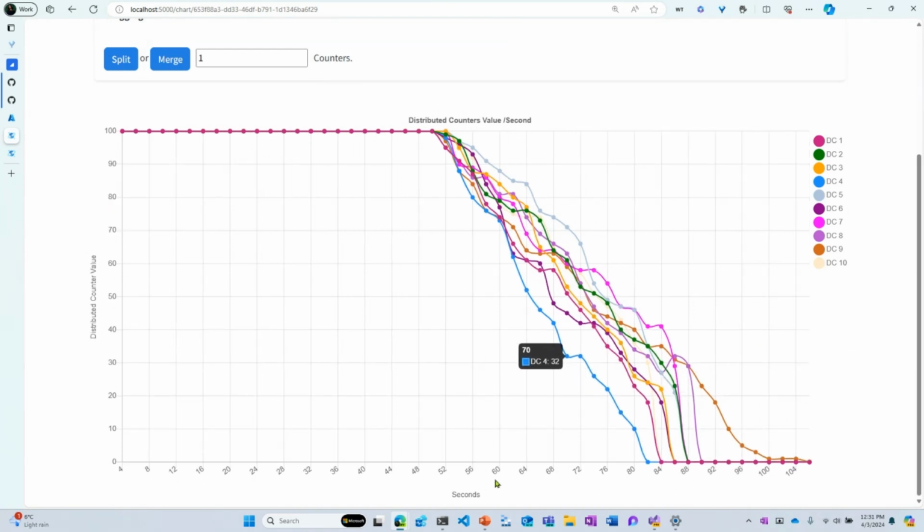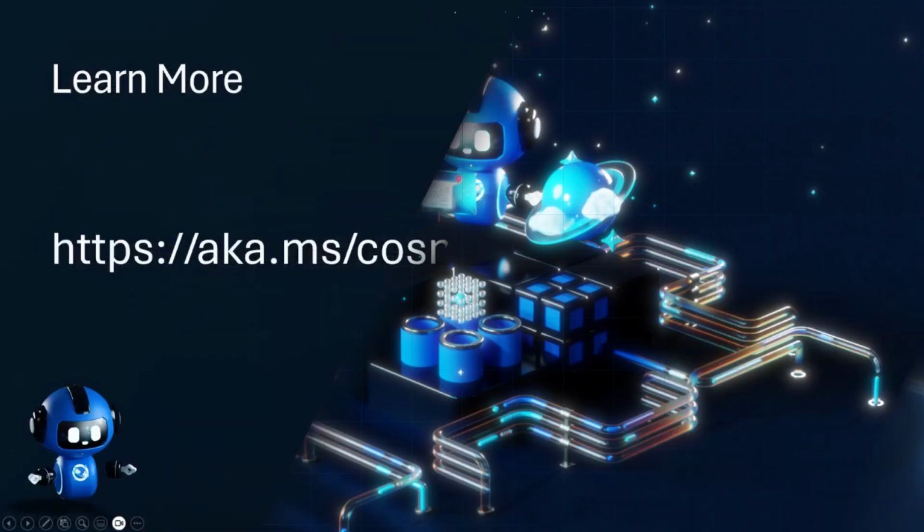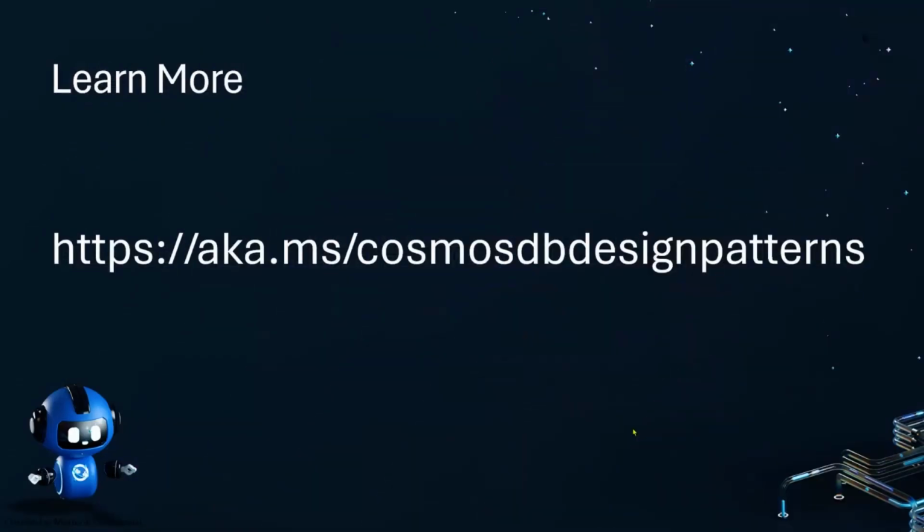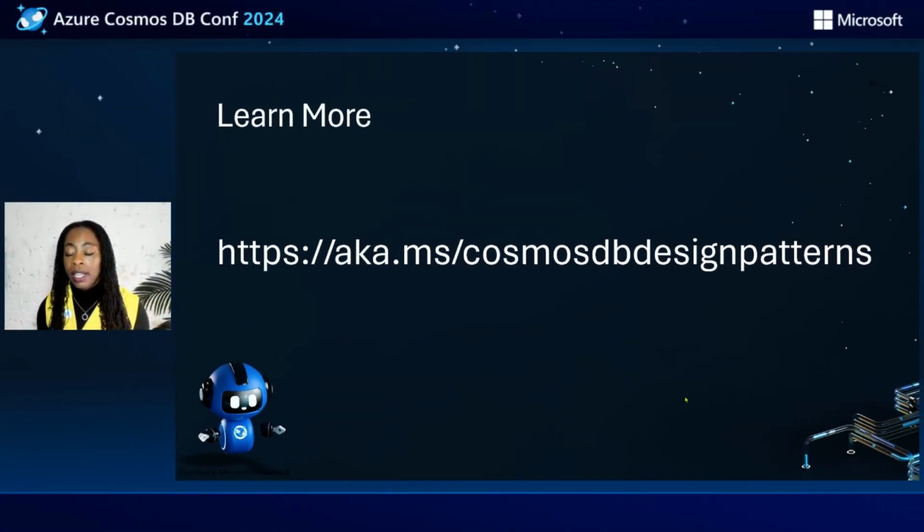Going back to the slides, we're going to wrap up here. If you want to try this yourself, like I mentioned before, you can go to aka.ms/CosmosDBDesignPatterns. There you will find a blog series created by the product team that goes into depth on what these design patterns are for, how to apply them, and why you'd want to use them, as well as references to the actual repository that walks through these in detail and through code. I hope you give it a try,